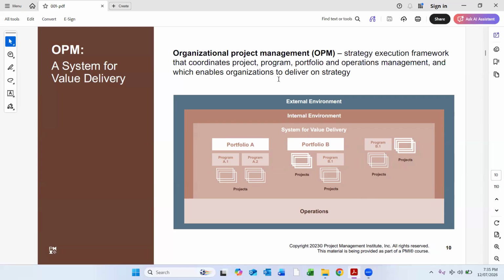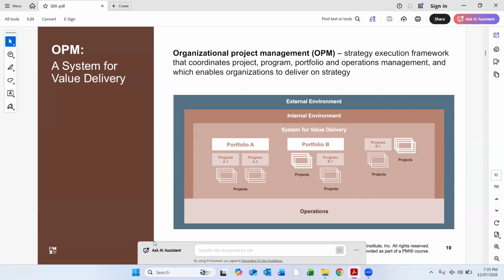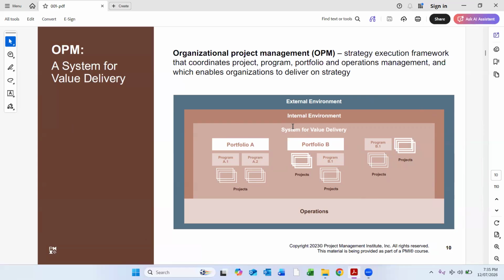What is the external environment? The stakeholders are part of the external environment. In the internal environment, we have programs, portfolios, and projects. We have portfolios like infra portfolios or building portfolios.